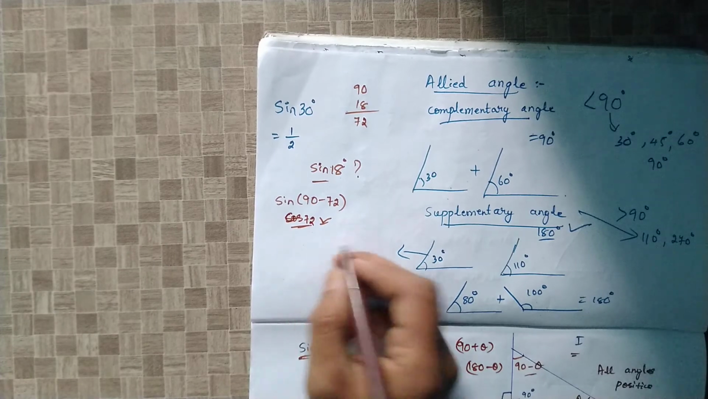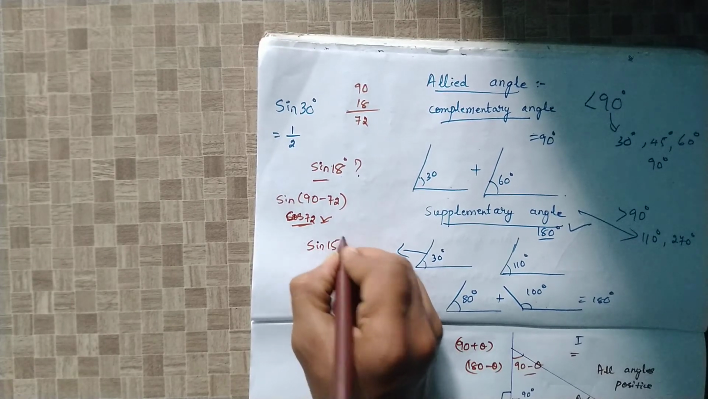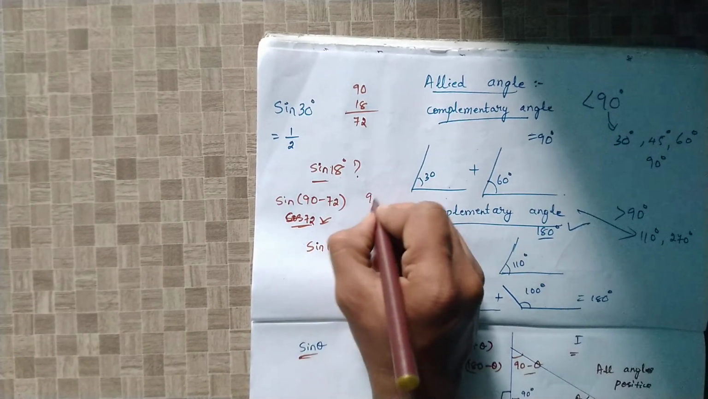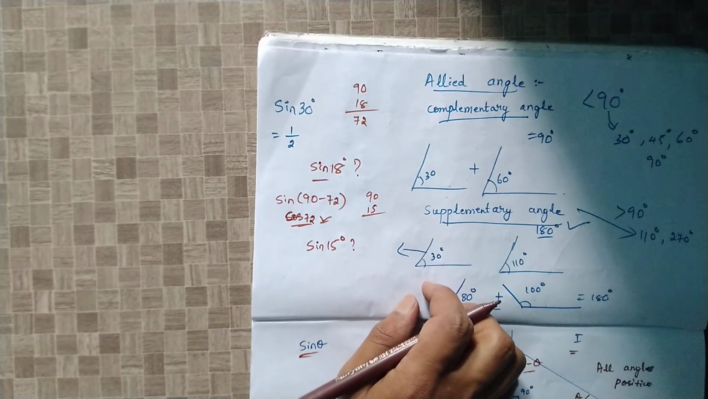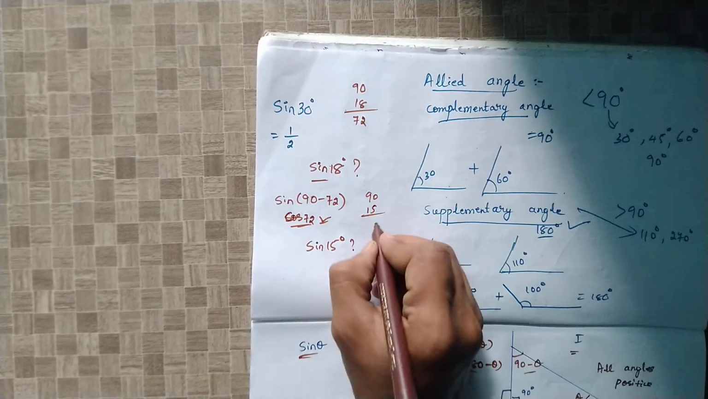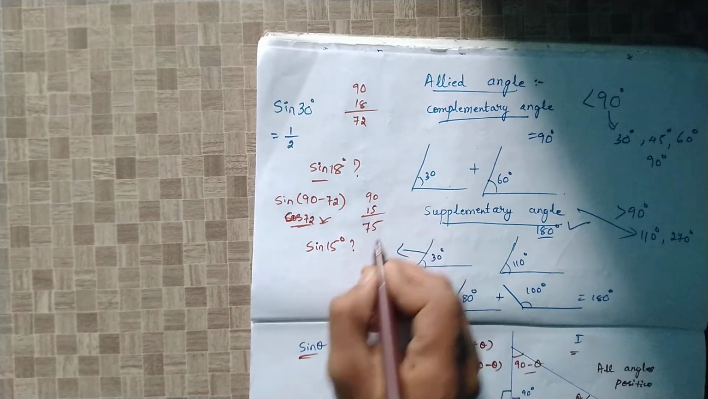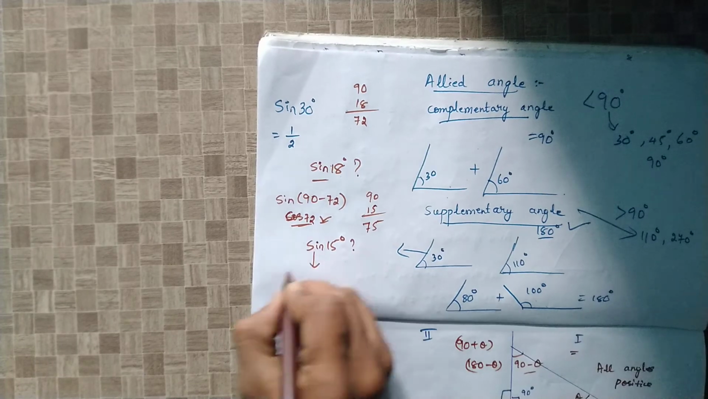Next, you solve it yourself. What is sine of 15 degrees? If you subtract 15 from 90, what will the answer be? 75. You are able to write like this. Sine